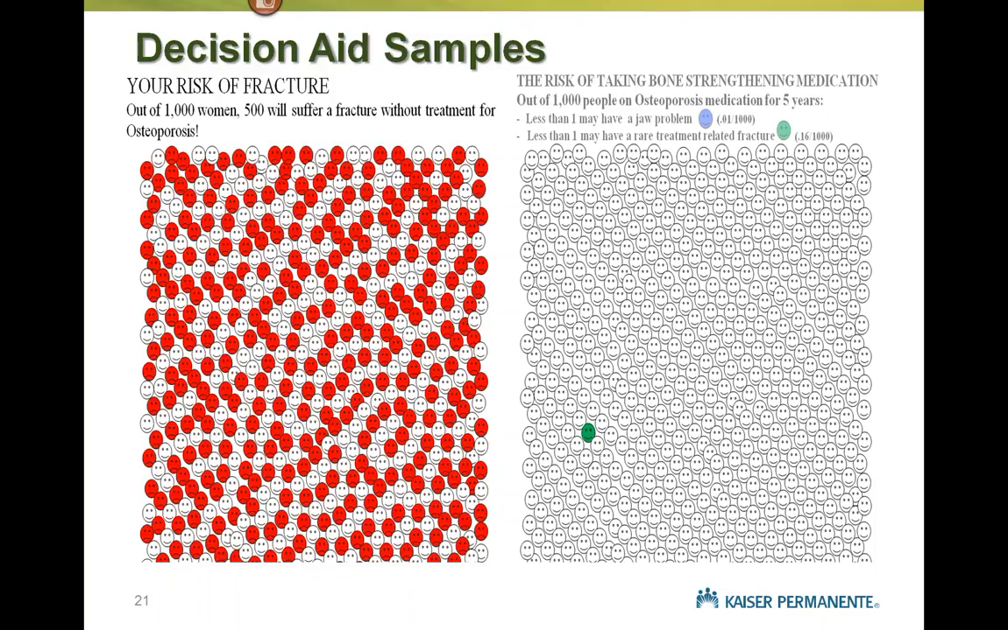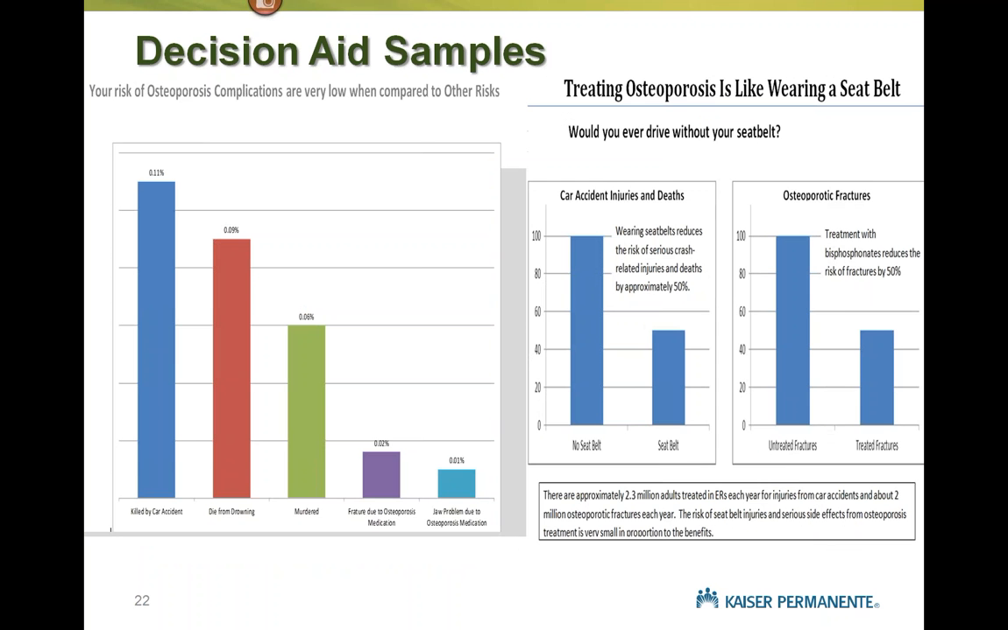And here, these on the screen are two examples of decision aids. Here are two more examples of what decision aids look like. And I'll give you an example of how a decision aid could be used